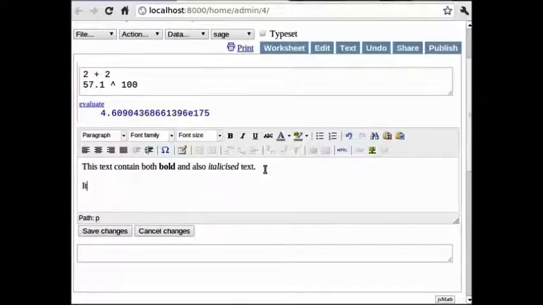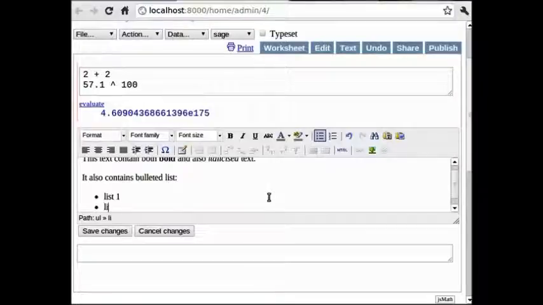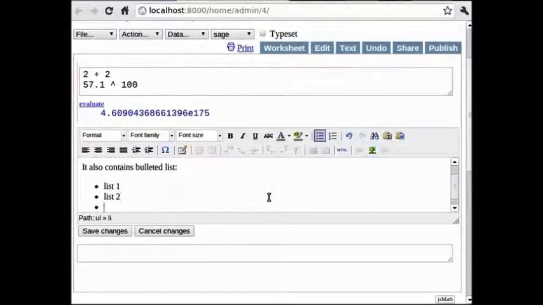Then you can type it also contains bulleted list and colon. Then it also contains enumerate list.